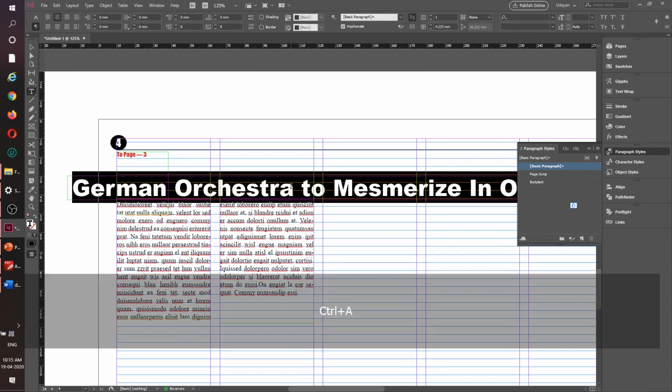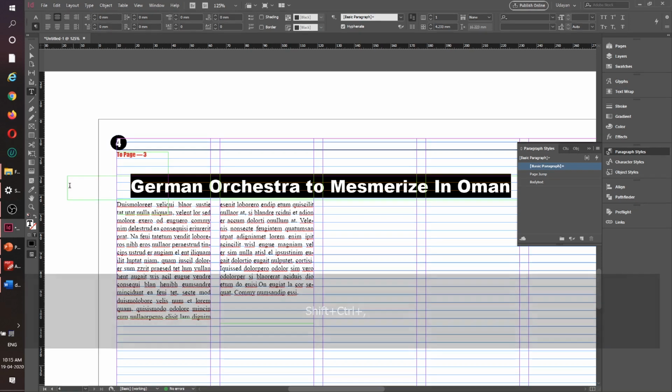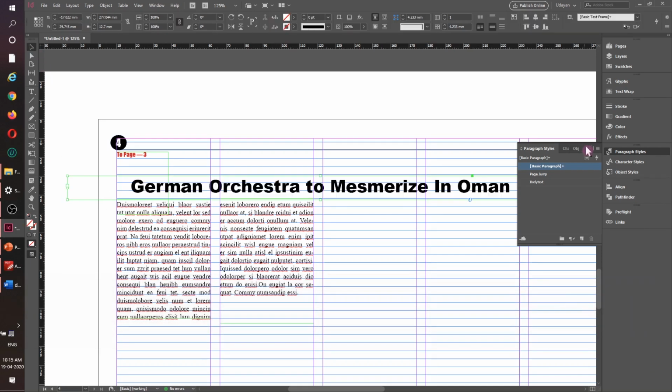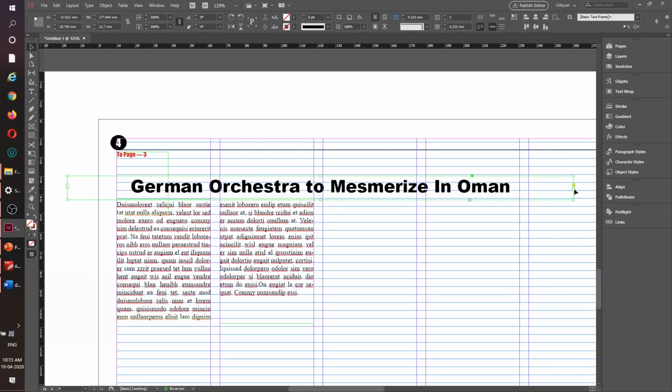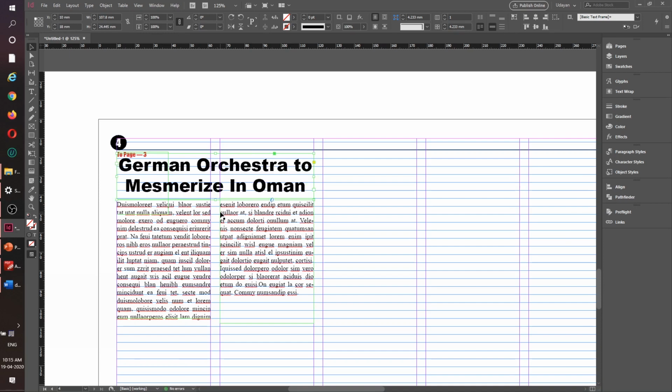So Control A. First of all, make the headline small so that I can accommodate it into 2 columns, and then we will try to quickly accommodate in 2 columns to place it here. I'll try to place it like so. So it's working fine. So this page would be looking something like this.